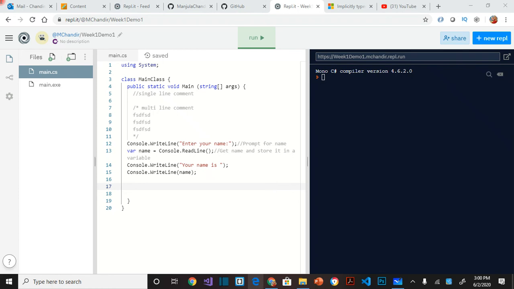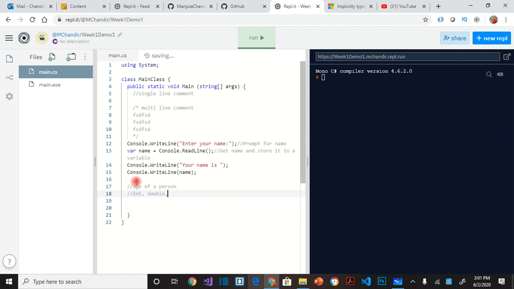In this video, I want to talk a little more about variables and data types. Here we saw one variable of type var, which is a very generic type. So I want to talk about other data types. Let us say we want to get the age of a person. If you want the age of a person, you would store it in a variable of some kind of number, right? So some of the data types that you have are integers,